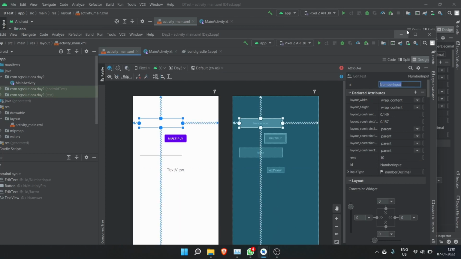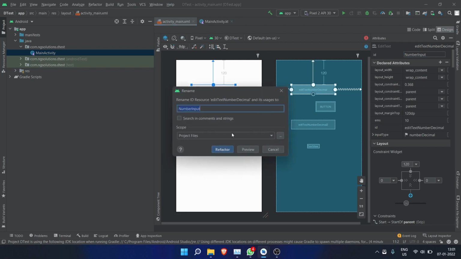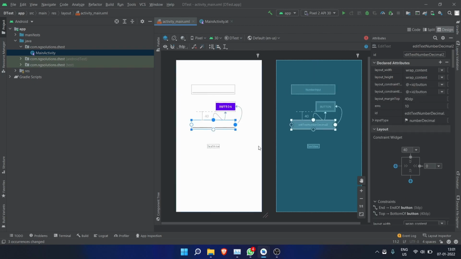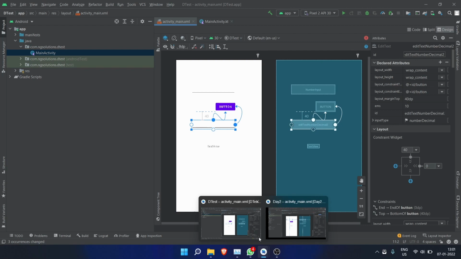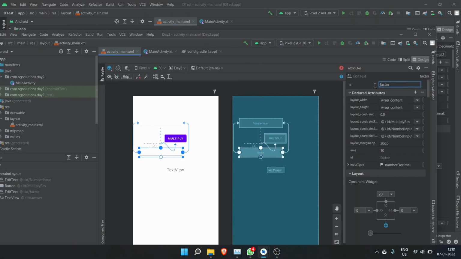I will copy this. You can have any ID here, you can enter anything over here, but since in the further video I will be using the same ones that I was teaching you during the live session, I have the half recording, so I will match the IDs so you won't get confused.